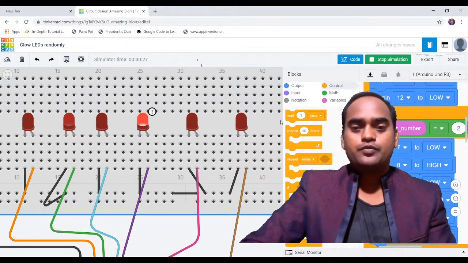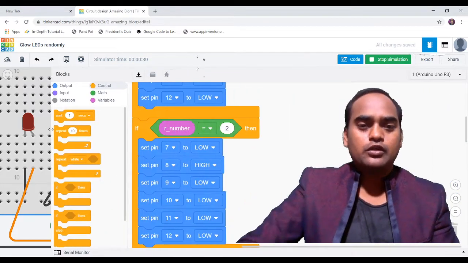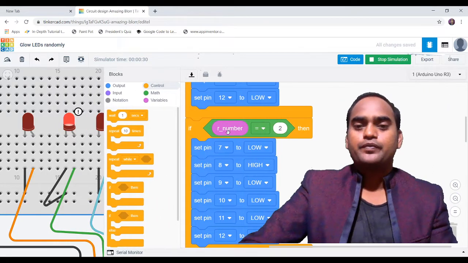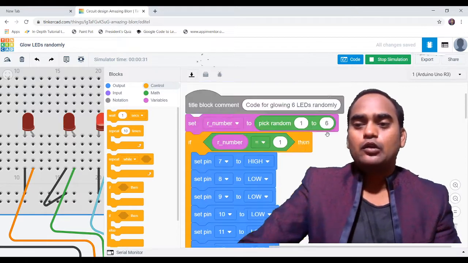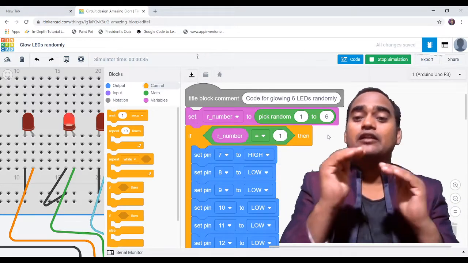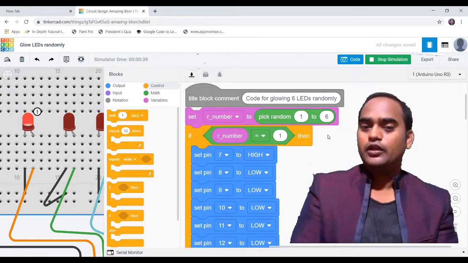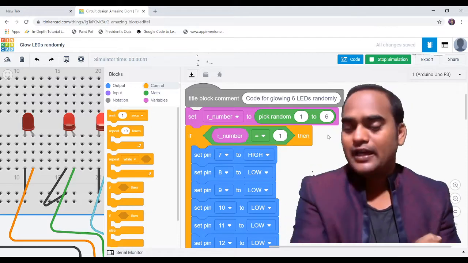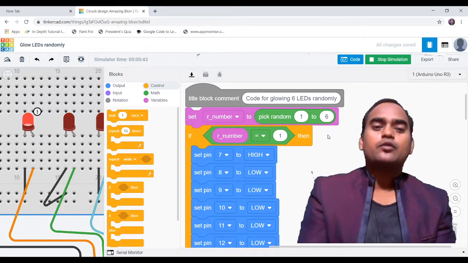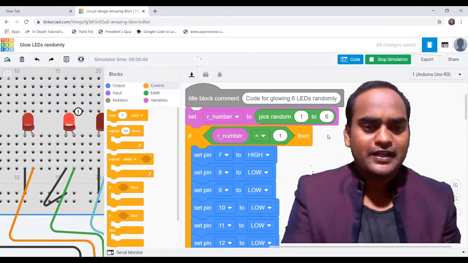I hope this project was a little helpful. Let me quickly go through the code again. As I said, Arduino code is single threaded. Single threaded means it will execute one piece of code at a time. So in this program, there are only 3 to 4 steps that the Arduino follows.